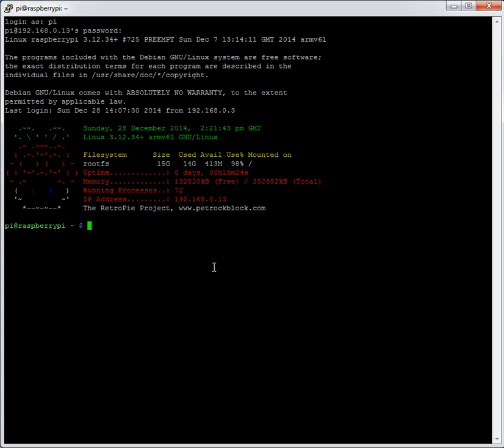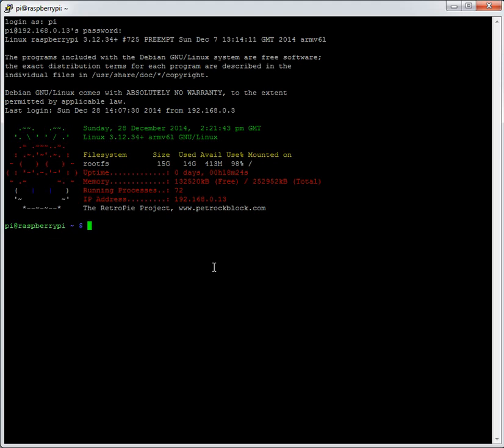Now hotkeys in RetroArch are essentially shortcut keys. They're a way of pressing a single key on the keyboard to get to a step that would take several steps through the GUI interface, which RetroArch has. So when you're playing a game, you can press F1, which is in itself a shortcut hotkey, to bring up the menu, and you can do most of the functions there, but it's obviously quicker and easier to use a single key. So for example,